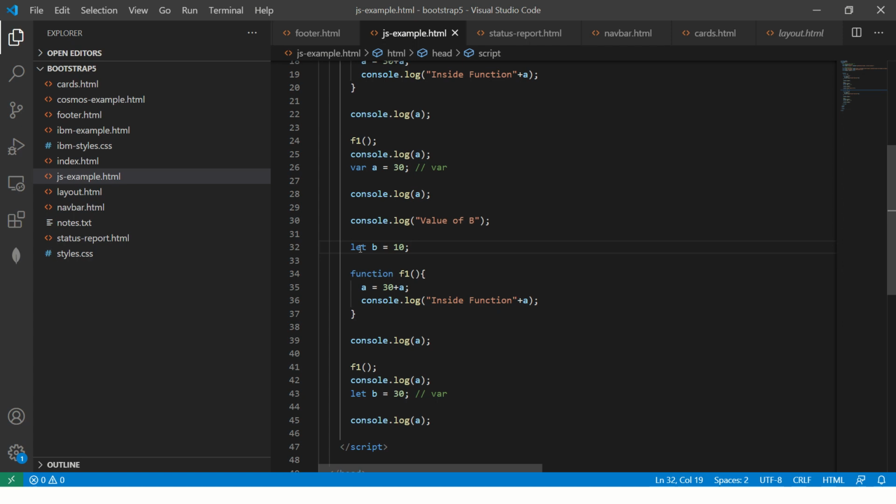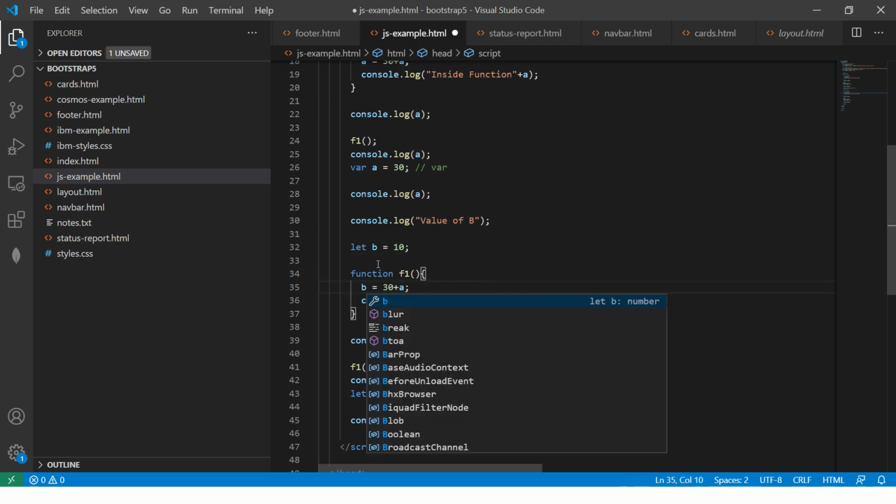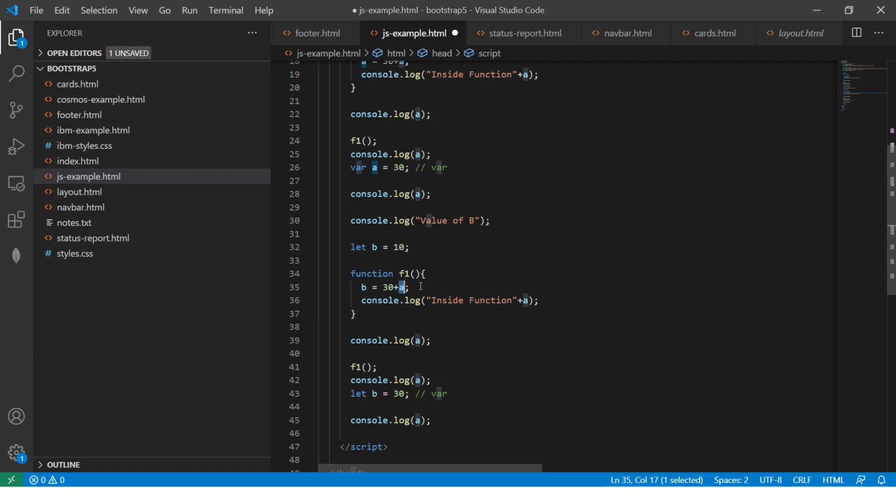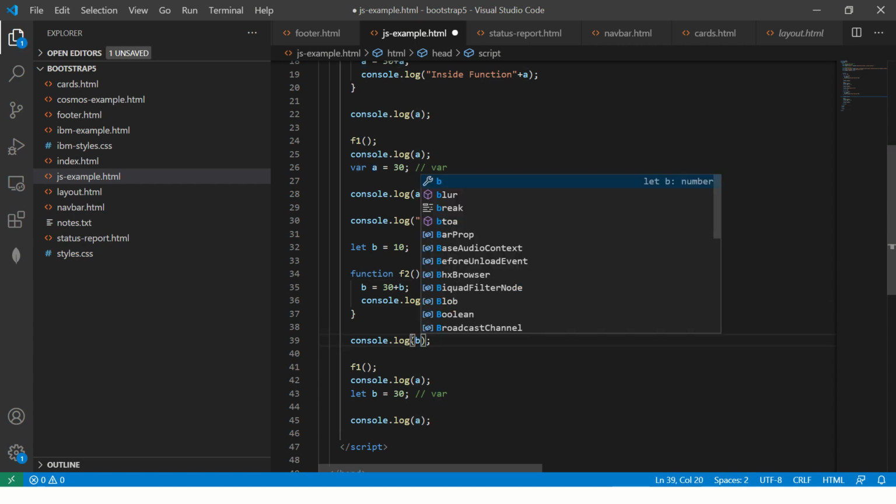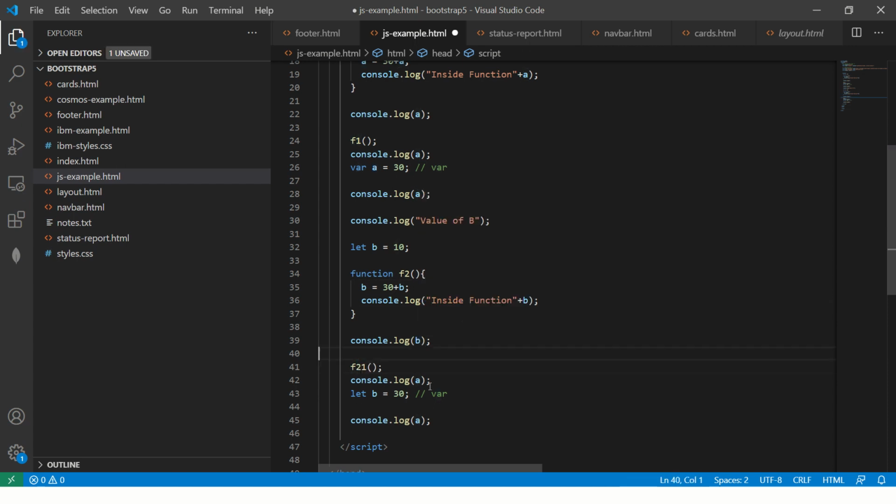Let's see here. Now let b equal to 10. Here I am saying function b, and here I will make it b, here I'll make it f2, here I'll make it b. Okay, now let's just console log these and change the values quickly. So it's basically the same code with different variables, friends, so don't get confused.